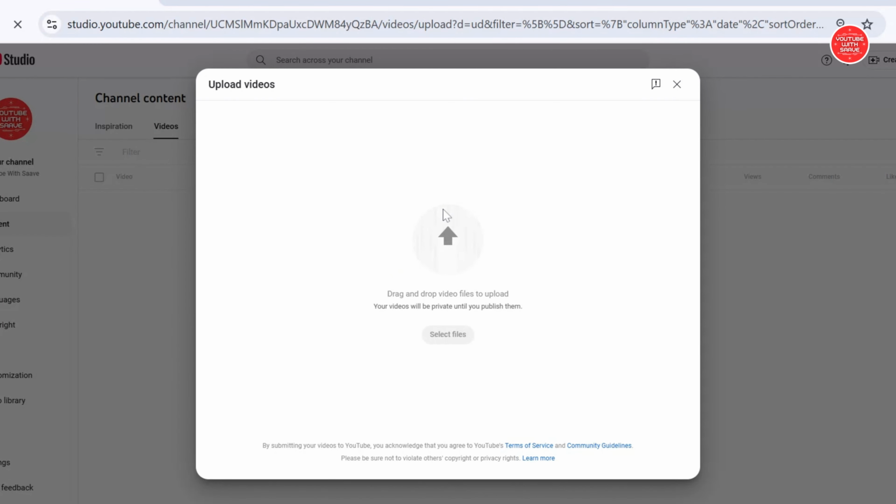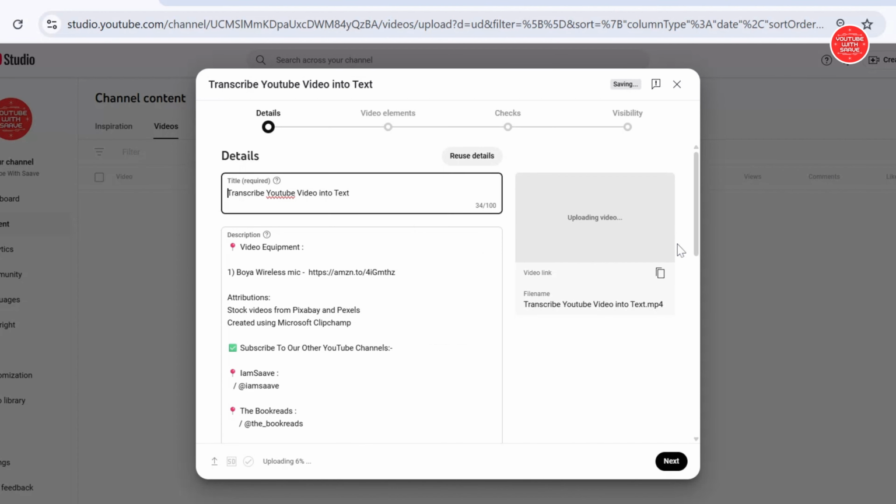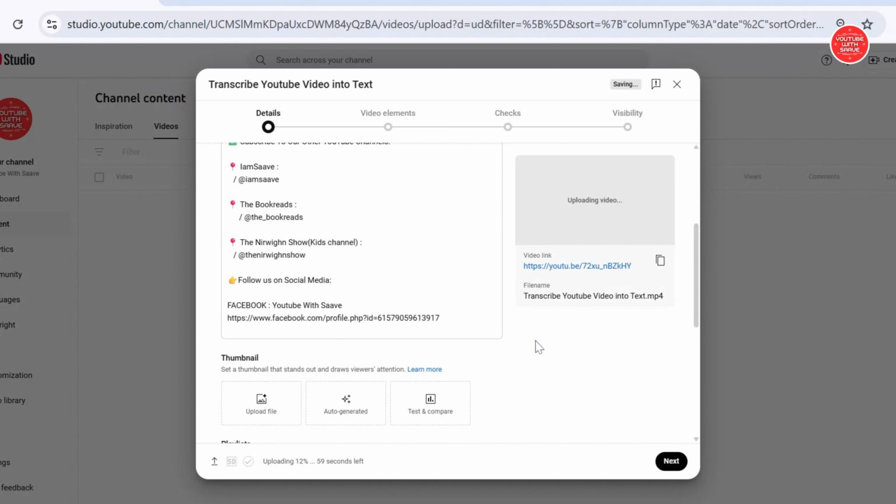Now, whenever you upload, the video is of paramount importance, but the first interaction of the video by the viewer is the thumbnail which they see on the YouTube homepage, right? So your thumbnail should be attractive enough to make someone click on it, right? Now in this case, what happens is,